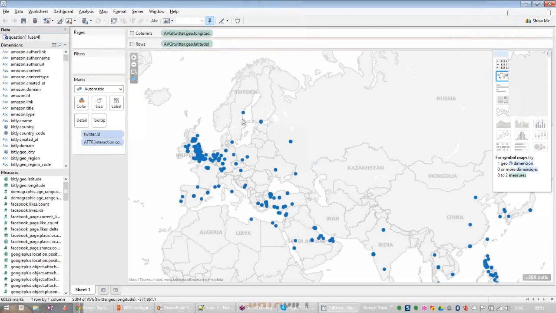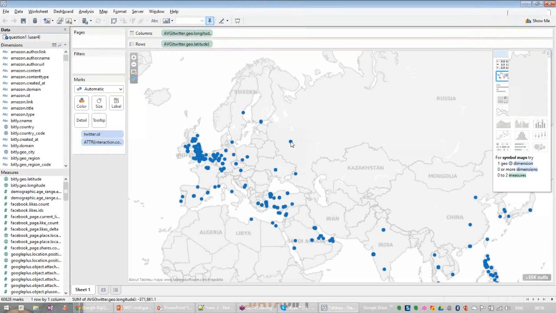And if I hover over one of these little dots, it's showing me here what their message was. So we've got an "I love Starbucks" on this one. We've got someone in Moscow by the looks of it. Lots of hashtags on there. Someone in Sweden up here. That's not a very nice one. Someone in Scotland. Okay, so this is just an example of being able to connect live to that database and visualize